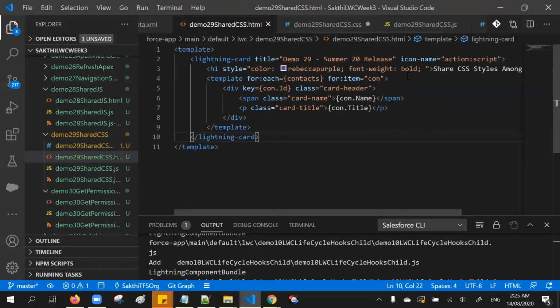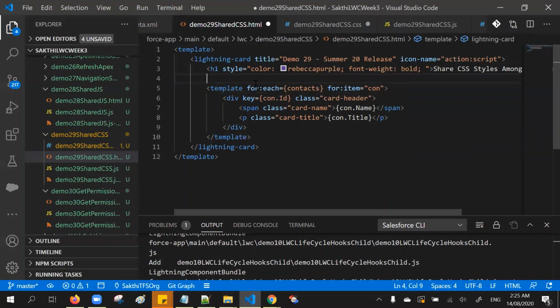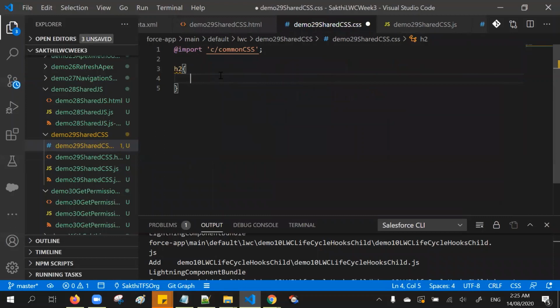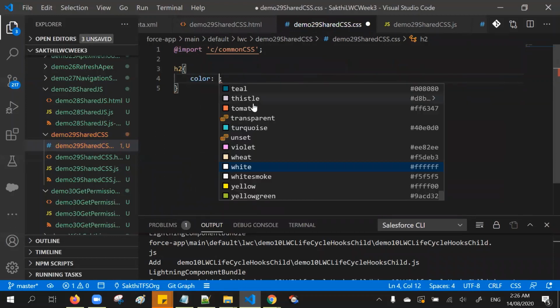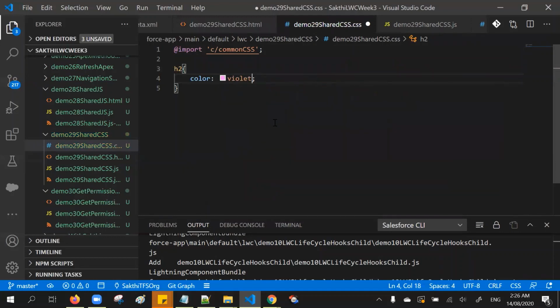Let me add the H2 tag, and we'll apply the CSS from the component level. And then we'll add the color violet.